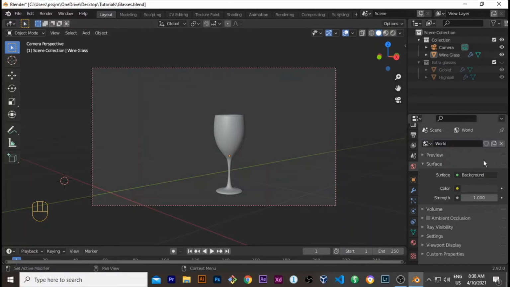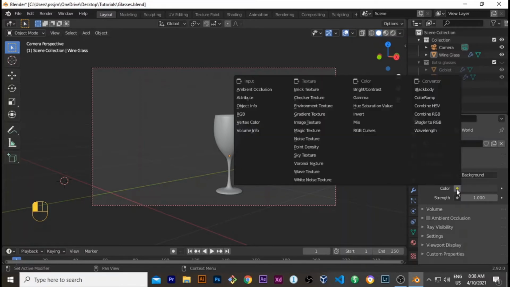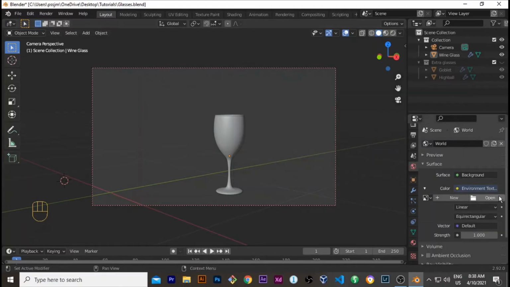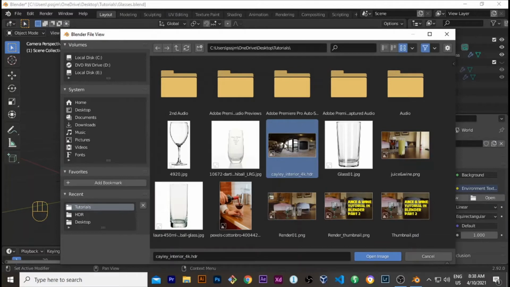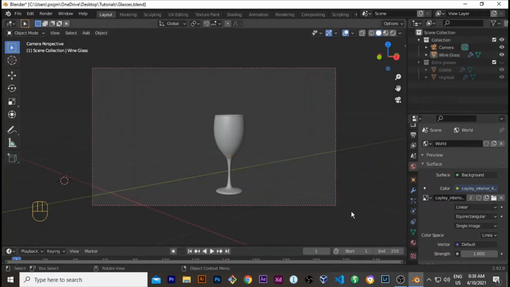So I'm gonna hit new on the world tab here, and this window will pop up, and I'll click on color here and choose environment texture. That's what you do when you wanna light the scene with the HDR, high dynamic range image that will light up the scene. So this scene HDR comes from HDR Haven, and I'll put a link in the description down